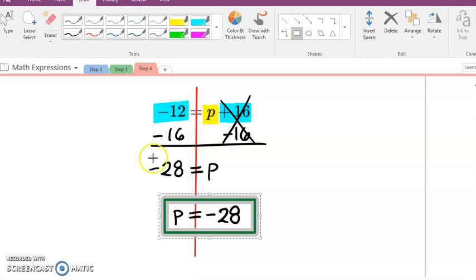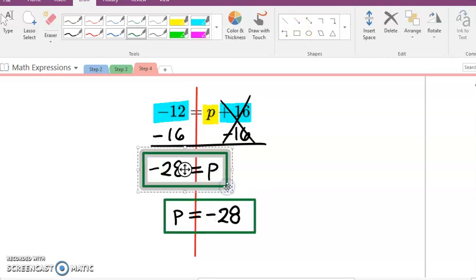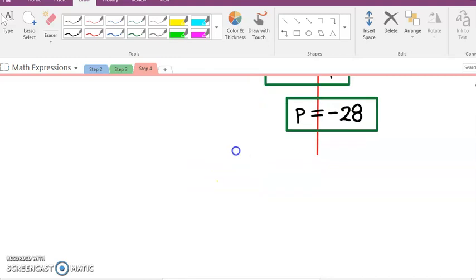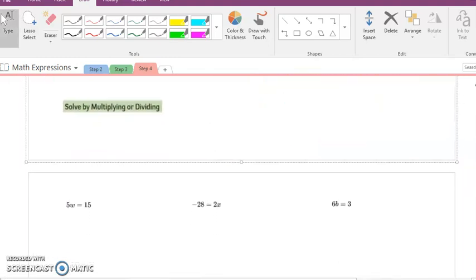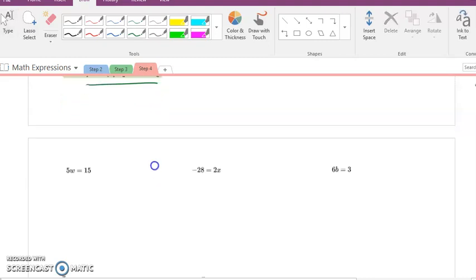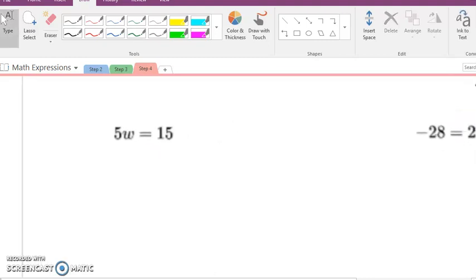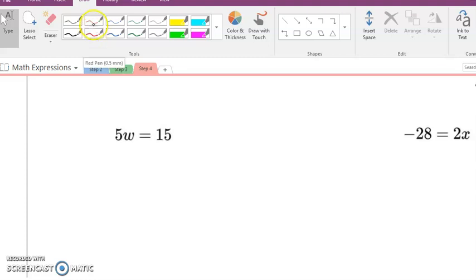Or you could leave it just like this. Either answer is acceptable. Sometimes we don't need to solve by adding or subtracting. Sometimes we need to solve by multiplying or dividing. For example,